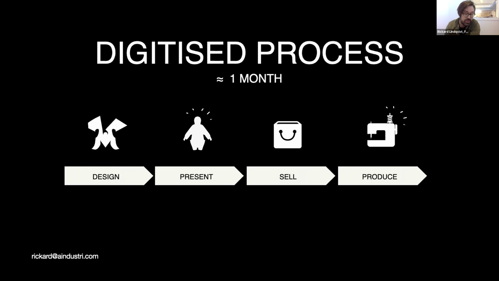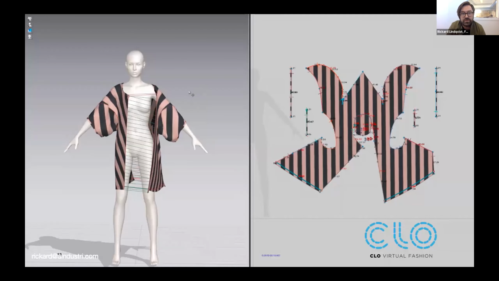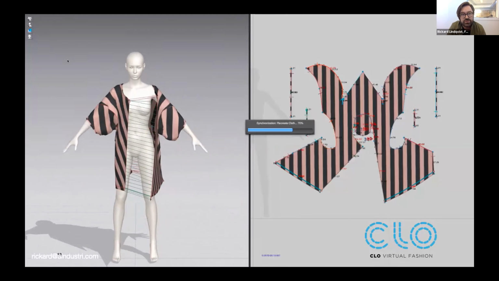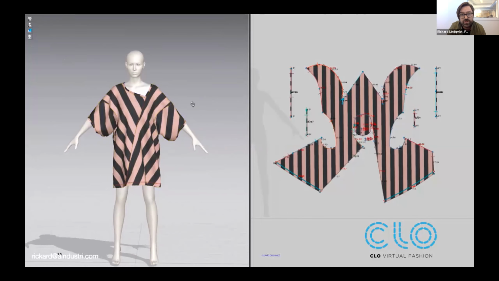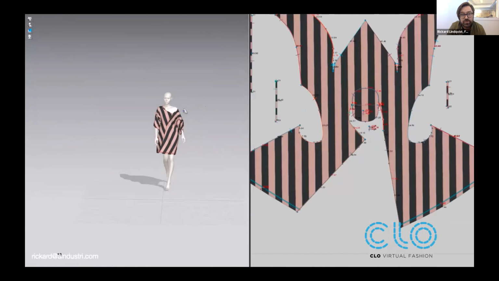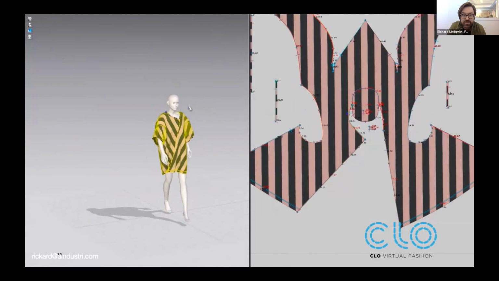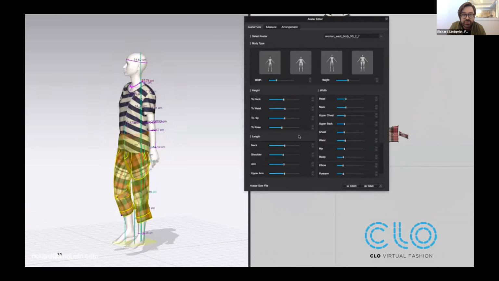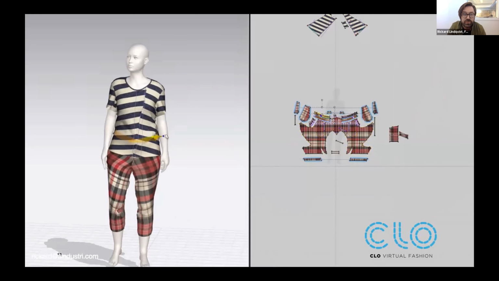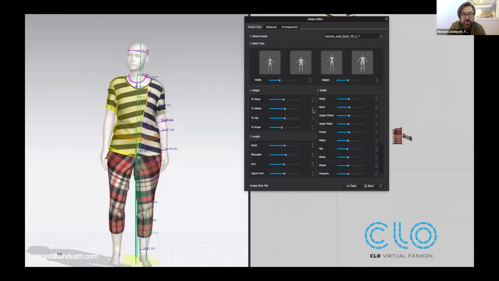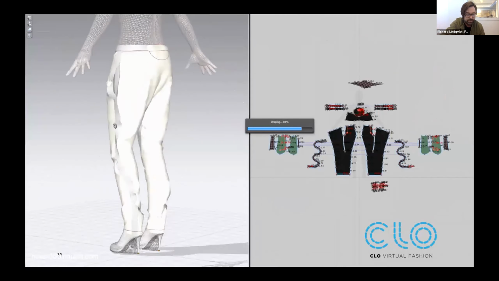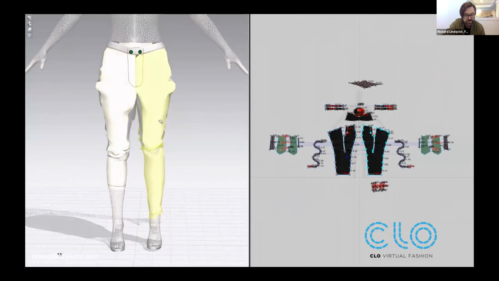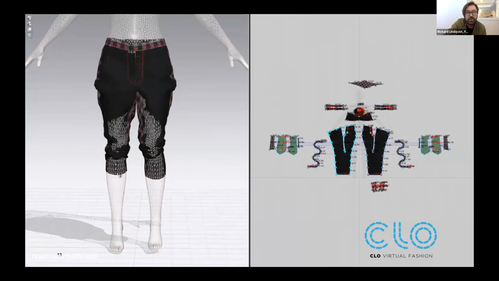and the possibility of actually getting paid before we produce the garments. What I mean by digitizing the process in the fashion industry is creating digital 3D visualizations of the garments before even making any physical samples. This is a screenshot from the software we use, the industry-leading 3D software in the fashion industry, which is a Korean software called Clo. With this as a base, we've been